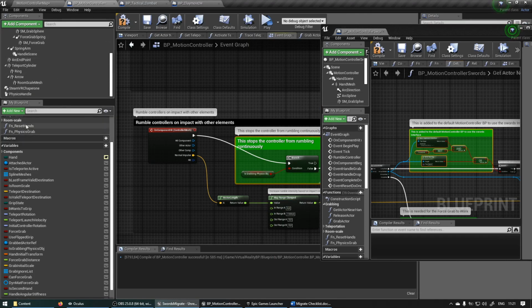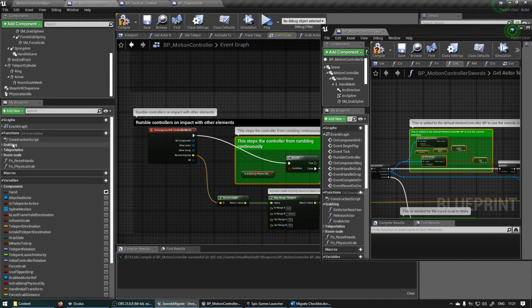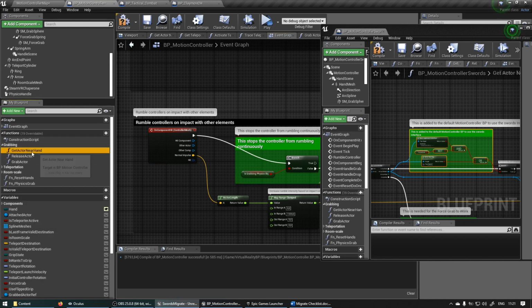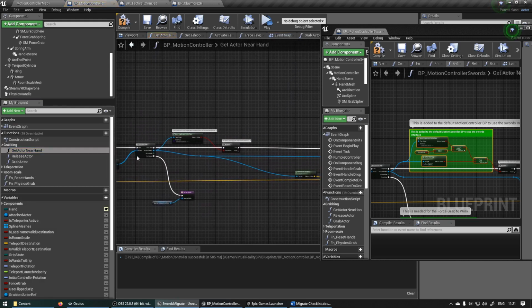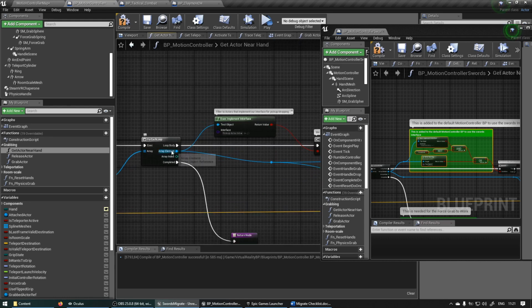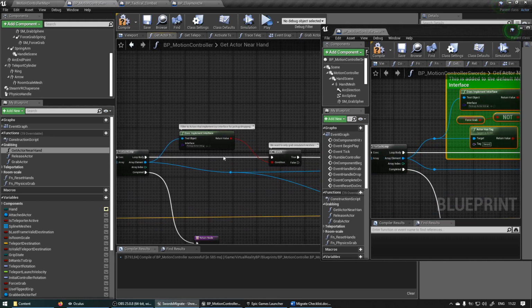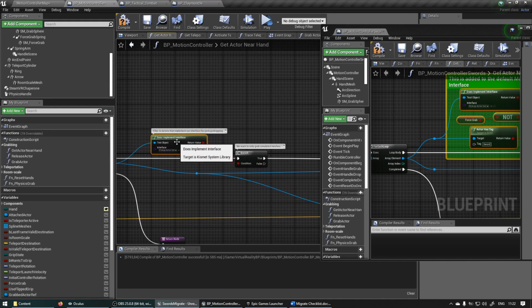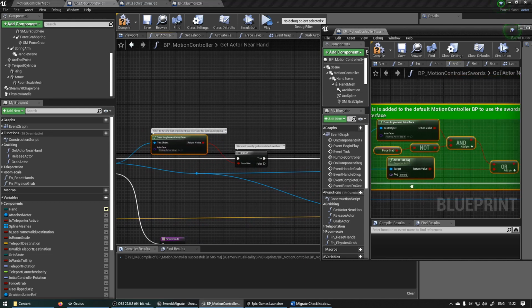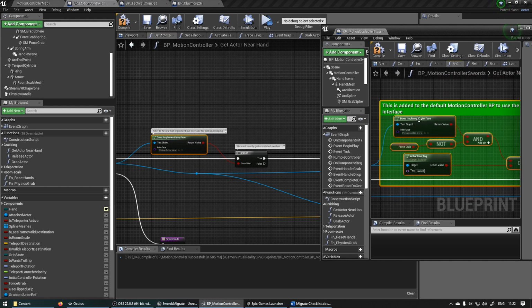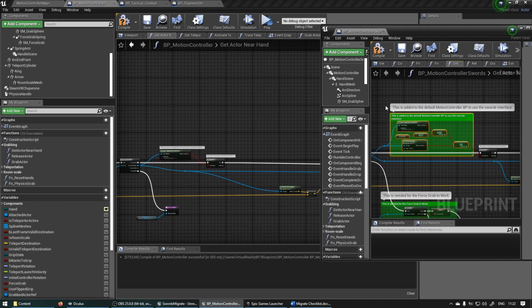So in your motion controller, you can open the grabbing section, get actor near hand. Cool. So there we'll see the for each loop, and that's that for each loop. Cool. And you'll see the does implement interface. And that is that one that we have there actually. So if we copy this whole section, Control C, Control V,